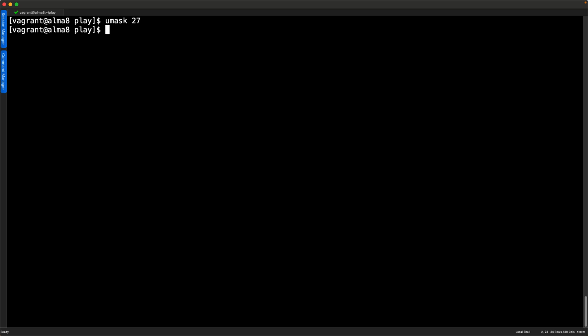When I then go through and touch my files again, it's only new files this is going to have an effect on. So I'm going to have maybe 20 through to 29.